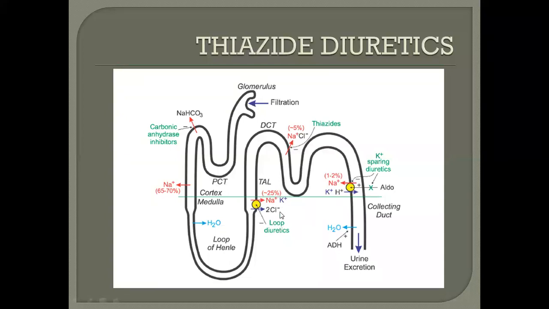Importantly, loop diuretics generally do not cause hyponatremia, because although they impair sodium reabsorption, they also reduce the concentration out here. So if the concentration out here is low, the reabsorption of water is not that proper. So you reabsorb less water, and that sort of balances out the sodium excretion with the decrement in the water absorption. So that is why hyponatremia is more likely to occur with thiazides rather than with loop diuretics.